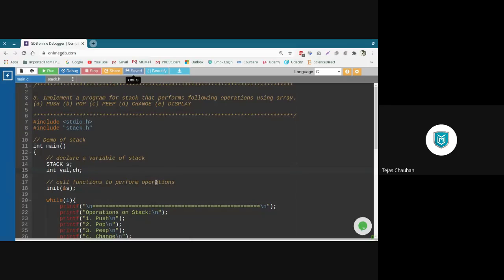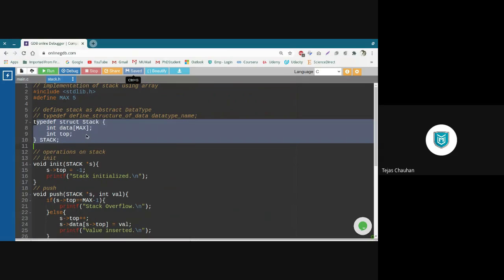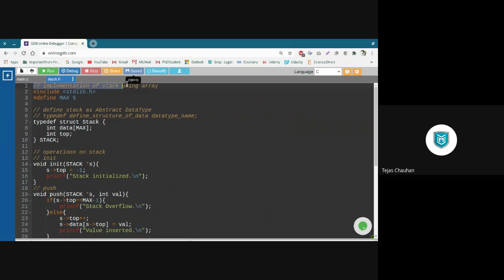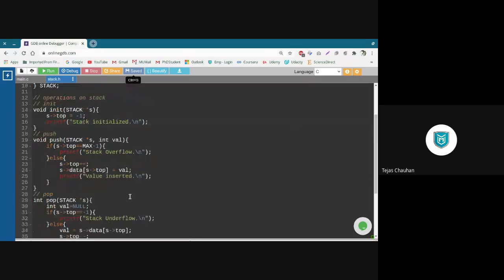Now this is where I will stop today. I'm going to stop right now. Let us quickly revise what we have done. We have created a stack using an array as an abstract data type. So for that, we have the entire implementation code in a separate file, and we use typedef to declare a new data type. Because of these functions we need to call, we need to have a reference here, a pointer variable, and then we operate all those functions.